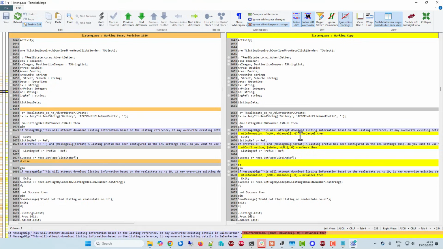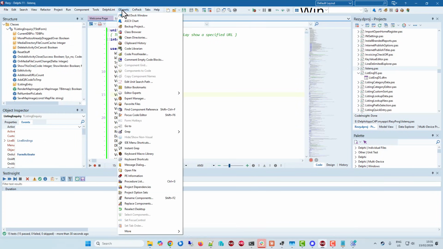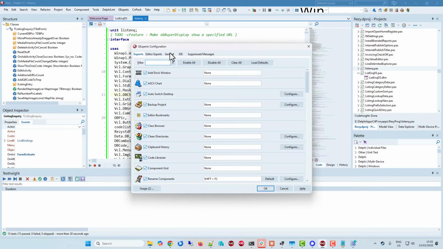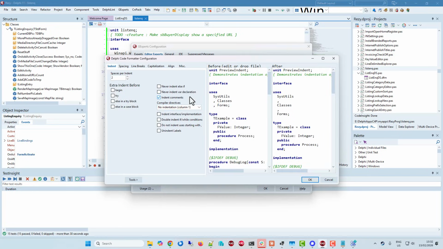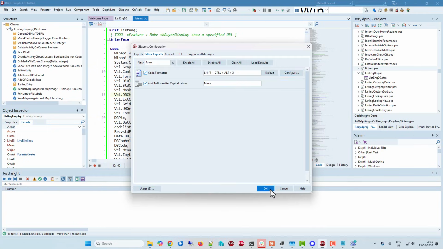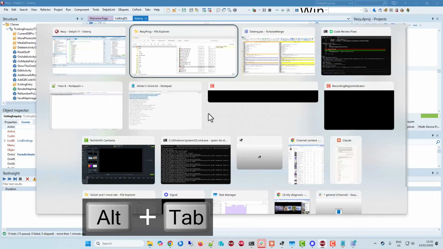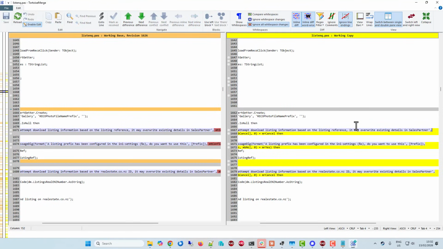No. I really want these on one line. What I might do is turn off the wrapping lines. Let's get line breaks. Wrap long lines. I wonder if that'll undo it. No. So